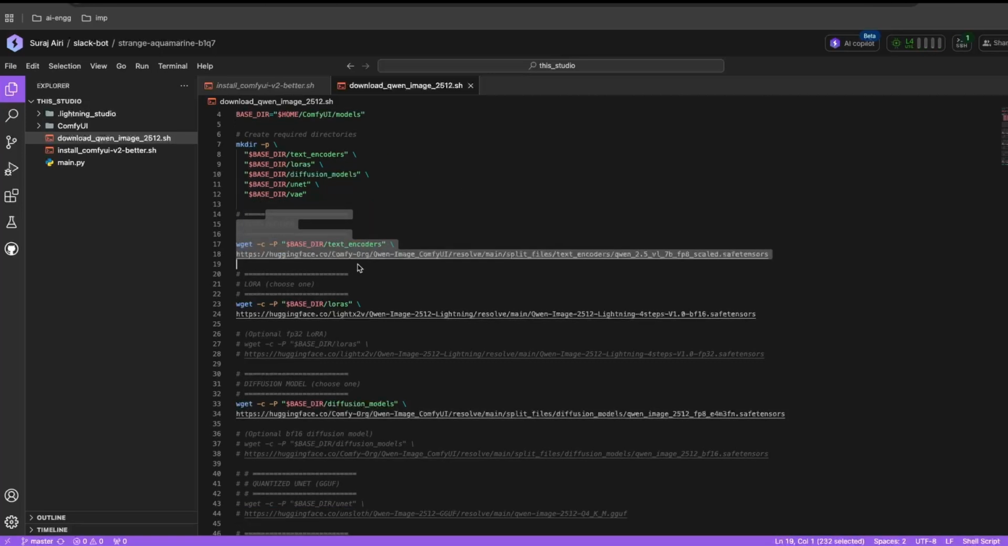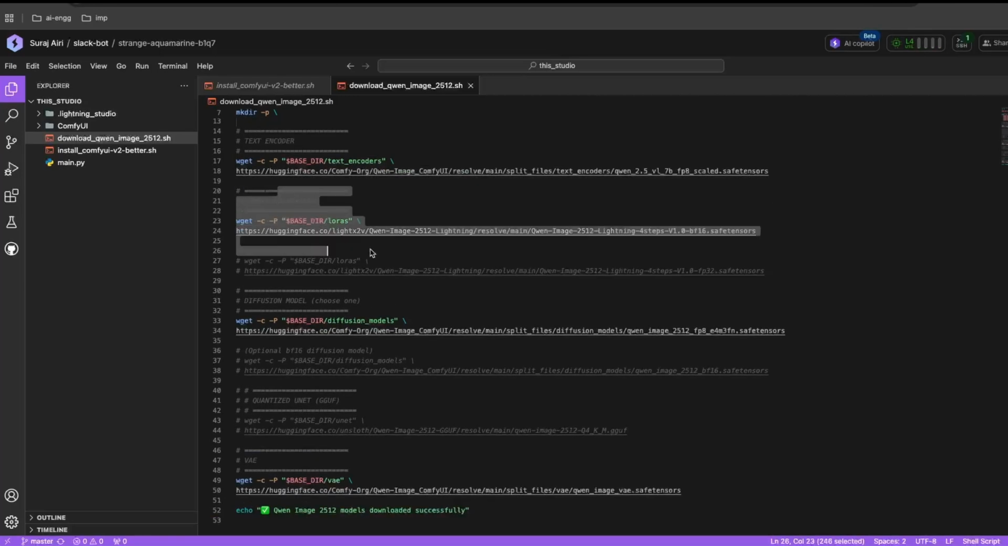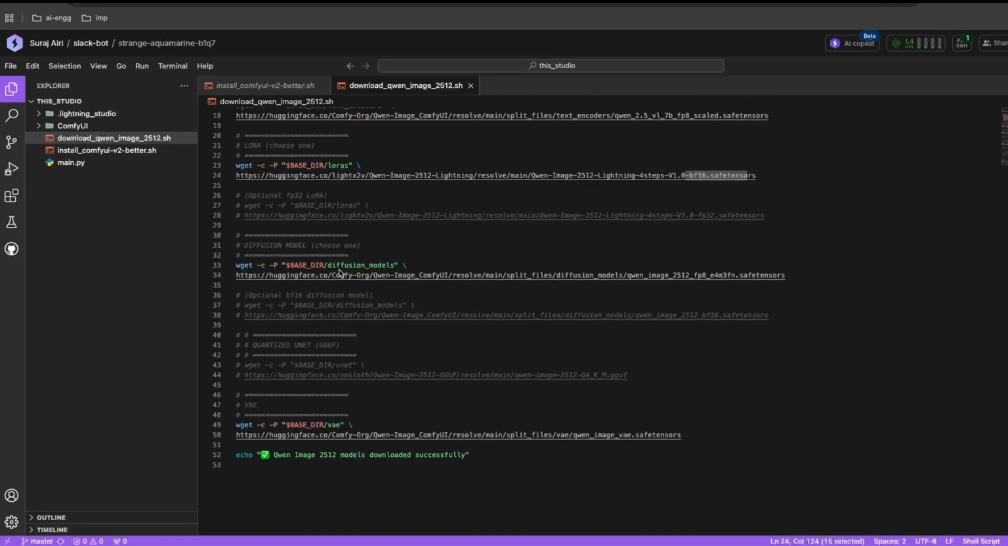Here we are downloading the text encoders, and then the LoRA. For now, we are having a 16-bit LoRA, F16, and then diffusion models. We are going with diffusion models. If you don't have enough VRAM, you can just comment this out and go with a quantized model. For now, I will also download both of these to show you, and I'll also download this,